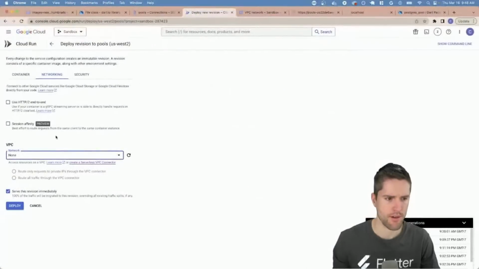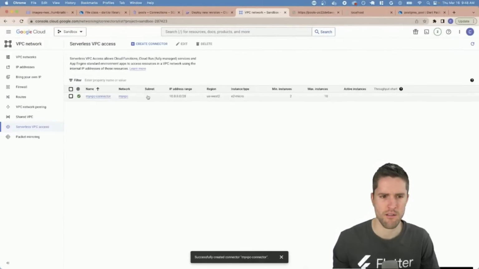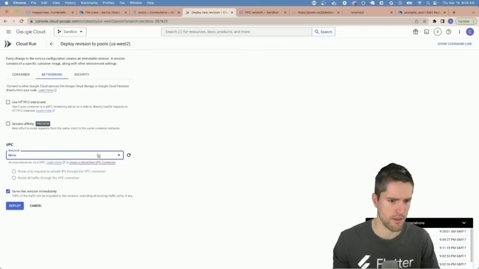And, oh yeah, my connector. Let's check that out. Did the connector land? All right, my VPC connector, looking good. So I want to make